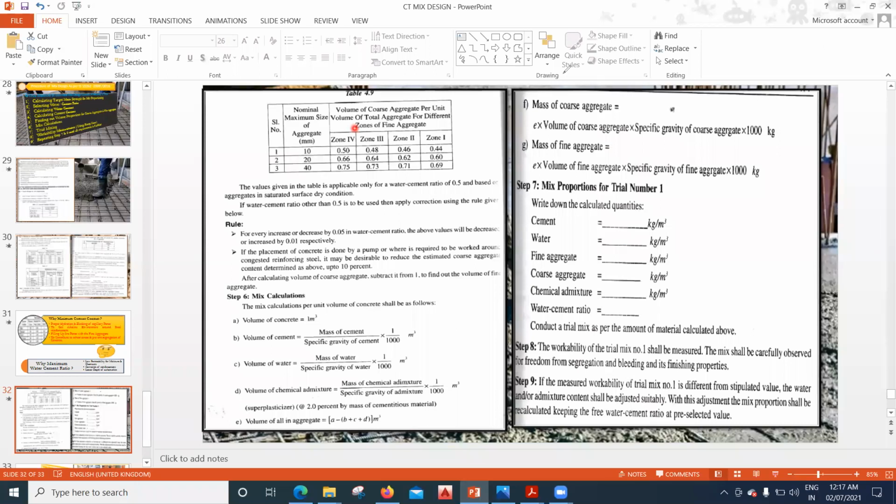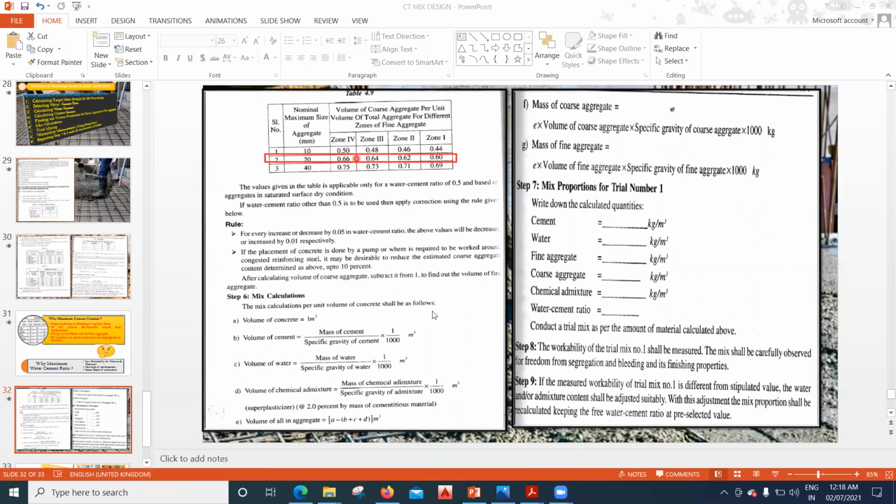So my job will be very simple now, right? Anyone can do this. This is a table where I need to concentrate. That's it. Simple it is. So nominal size of aggregate, always it is 20 only for me. So always I have to refer to this only most of the time.